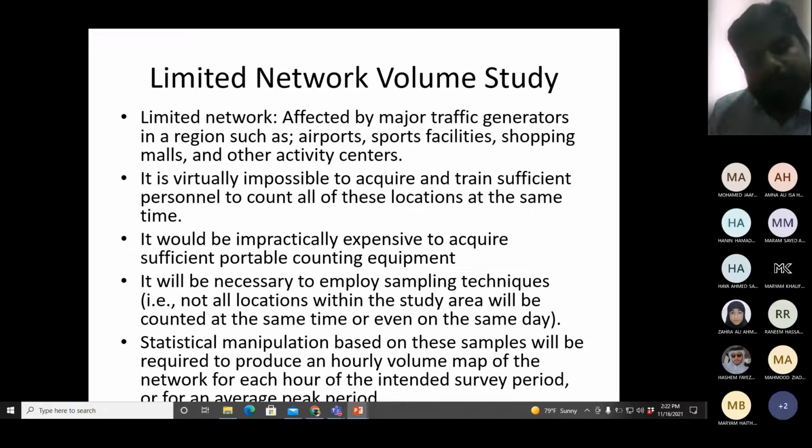Okay, in simple words, we do some calculation to find out the hourly volume or to see the trend of volume in each hour of the day. So we don't have the data for all hours of the day. We have a sample, and from that sample we will calculate for each hour of the day later on.